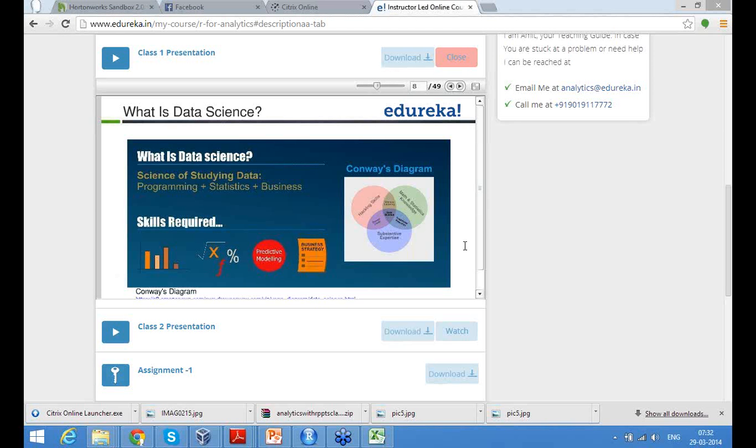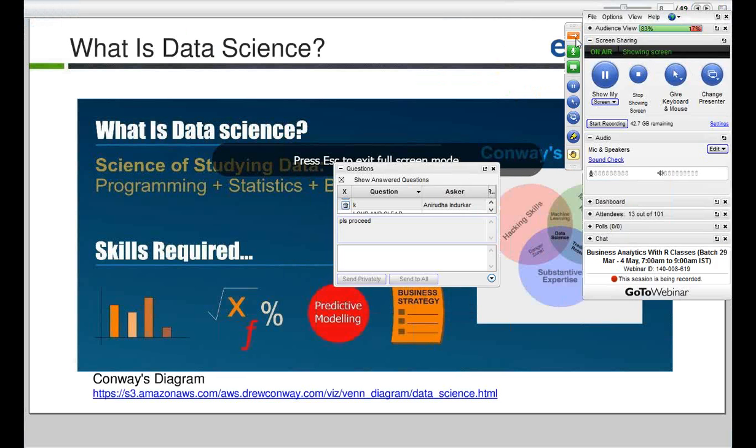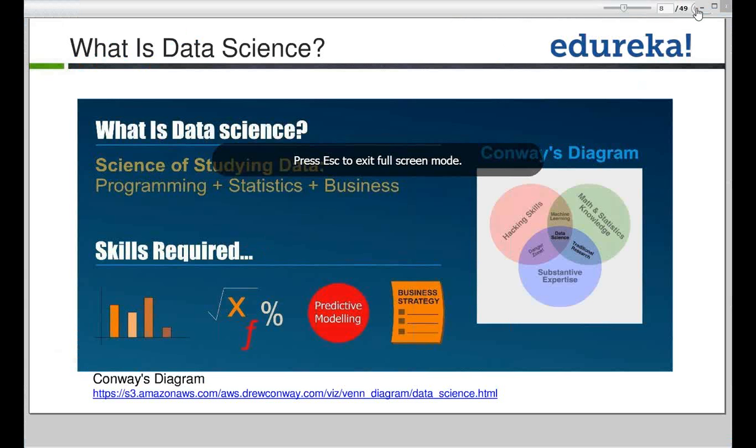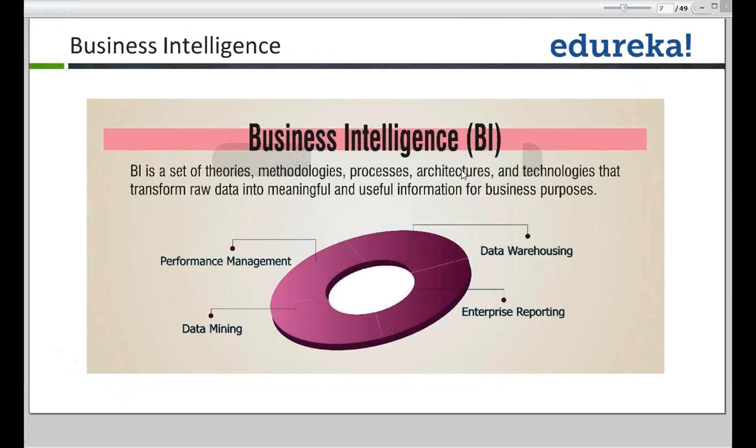Any thoughts on what is business intelligence? So this whole space, I would say that business analytics is a part of business intelligence, a subset of business intelligence. Business intelligence is the whole. Let me just open the slide. Yeah. Business intelligence is this whole